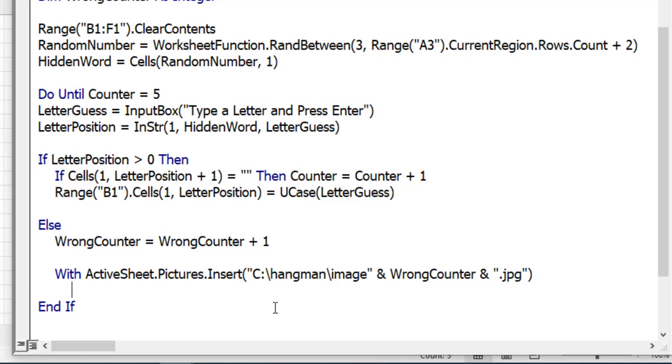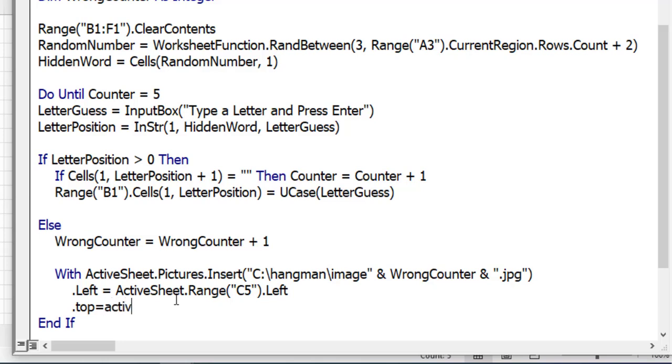of the picture, which is what we're going to do now, because we can now say dot left. Now remember, dot left would normally be tagged onto the end of our image file, so that is telling us the left edge of that image is going to equal ActiveSheet.Range, and then we can specify which cell we want this in, and we're going to put it in C5 dot left. So in other words, the left edge of the image is going to butt up against the left edge of cell C5. We also want to do the same for the top of the image, so dot top